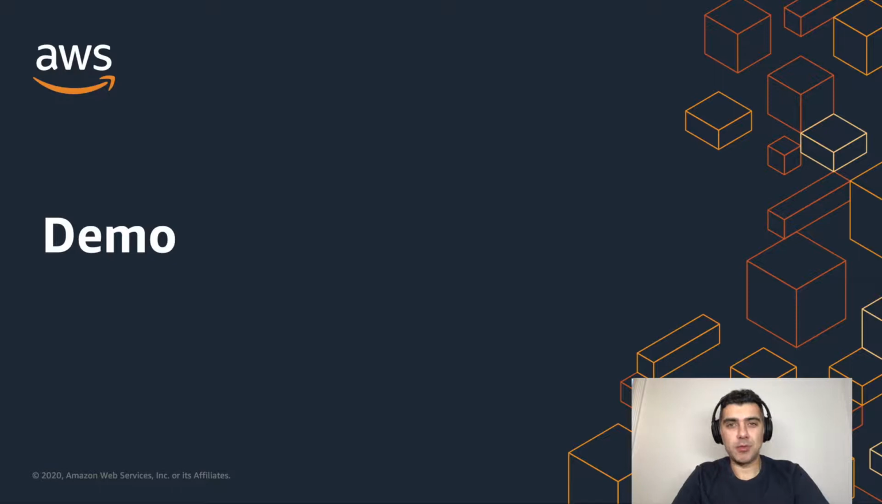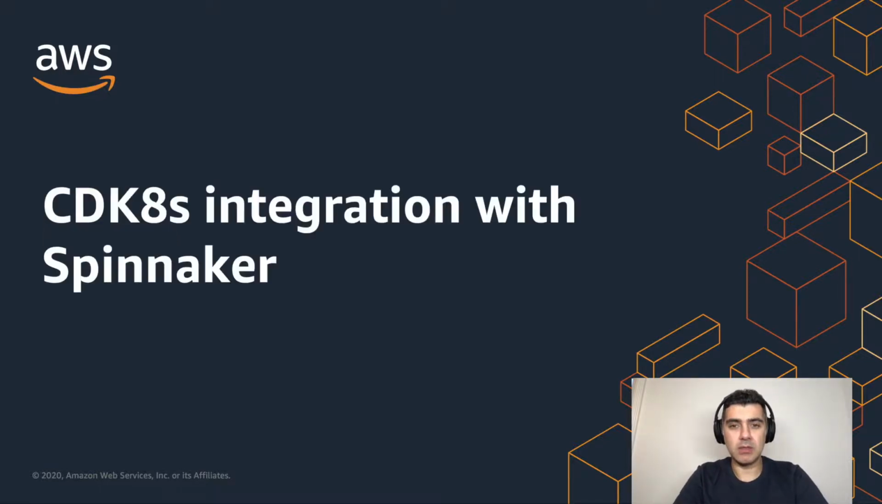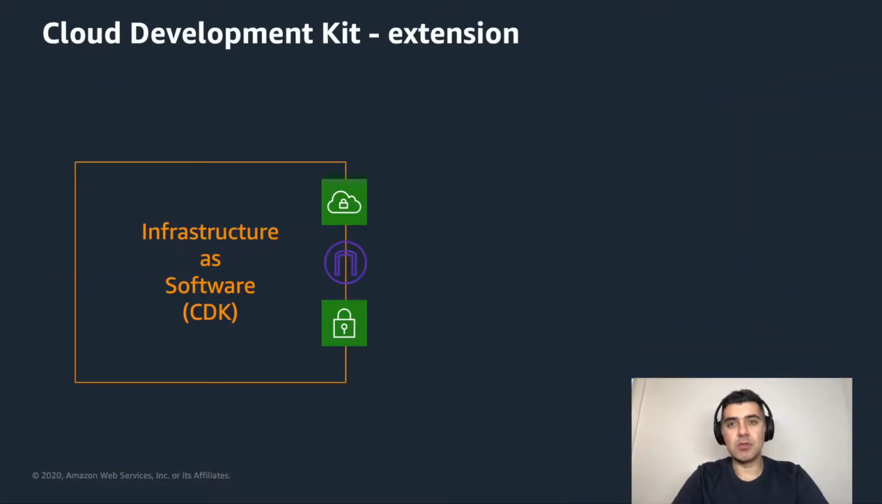Okay, thank you very much, Paul. So before we get to the demo and show how CDK8s integrates with the Spinnaker, I want to quickly talk about why the CDK integration with the Spinnaker and with the CDK tooling is actually important and useful. So what CDK allows you to do is that it allows you to define your resources for your infrastructure. So for AWS, for example, you will be able to define your public subnet, private subnet, internet gateway, VPCs, etc.,